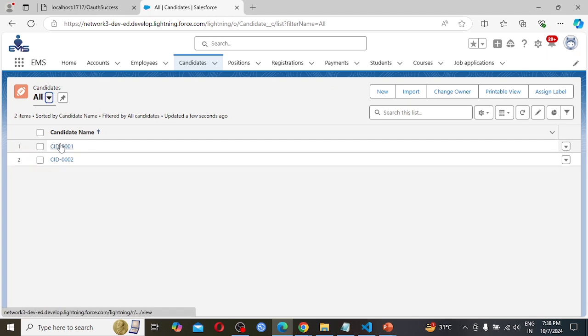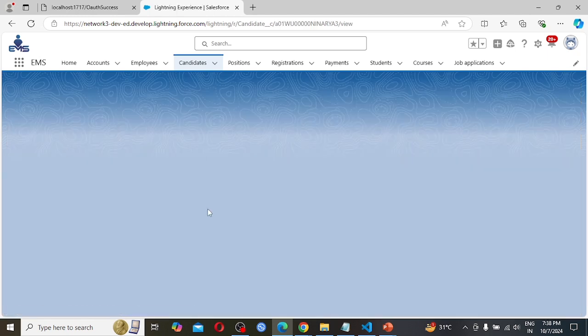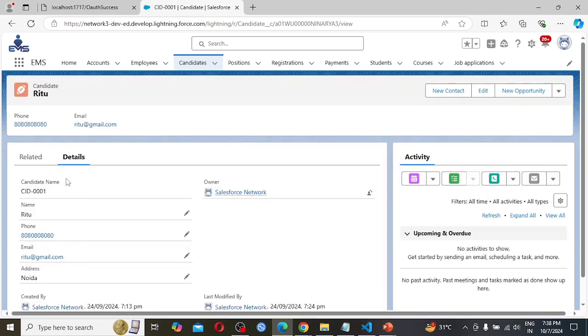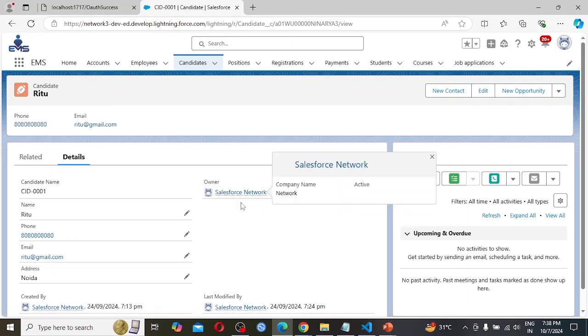If I click on this particular record, I can view the record. If I am not the owner of this record, why am I able to view it? As the OWD is private, I am supposed to not get access to this record. So why is it happening like this?